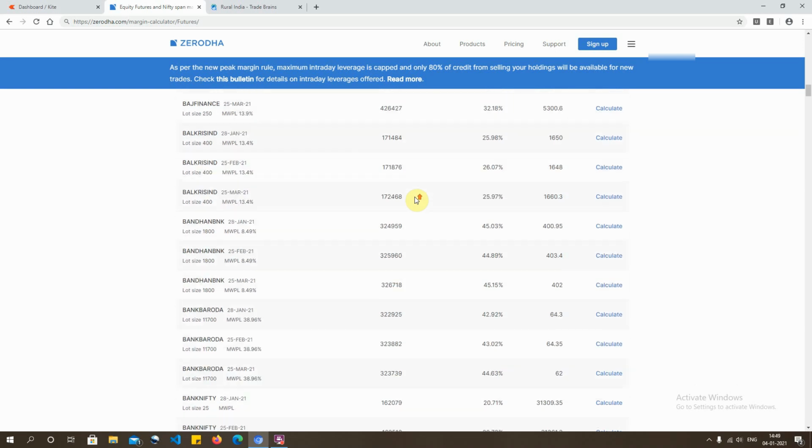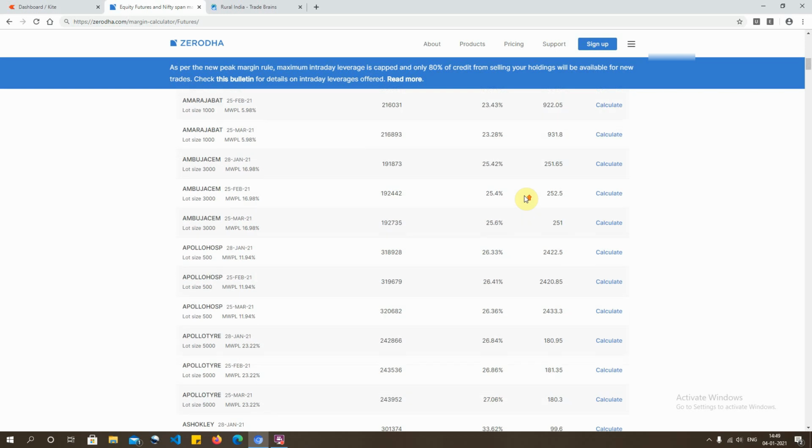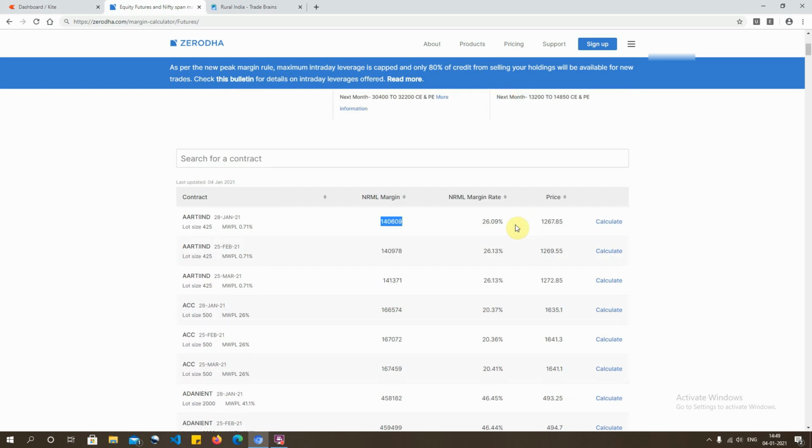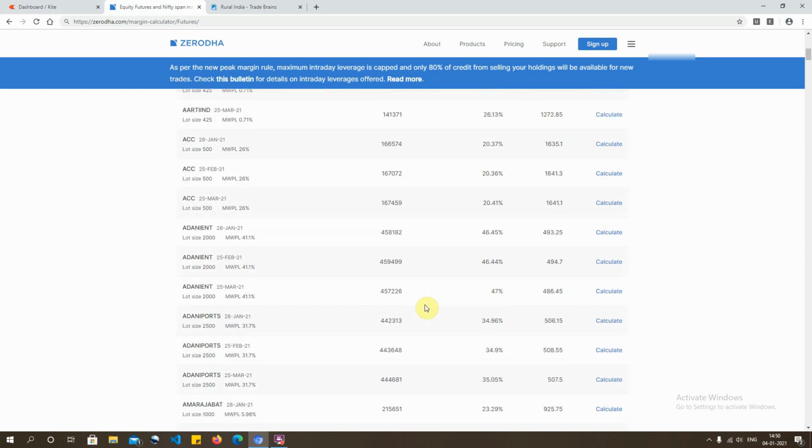Now the other thing which could also intrigue every viewer here is that the margin required varies from company to company. Why is there no standard margin? Why is it different from company to company? That is simply because different companies have different volatility. Some companies are high beta, some companies are low beta, some companies are medium beta. So depending on the risk associated with certain companies, the amount of margin keeps changing from time to time. So if you were to trade the shares of, say, Adani, this is a high beta stock, so